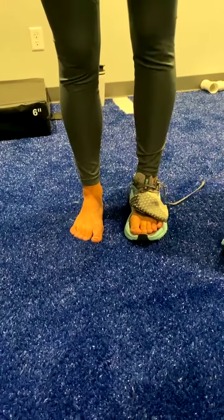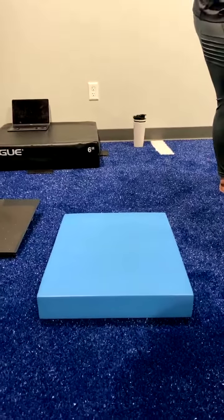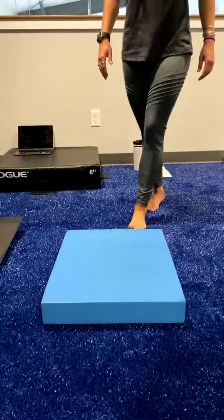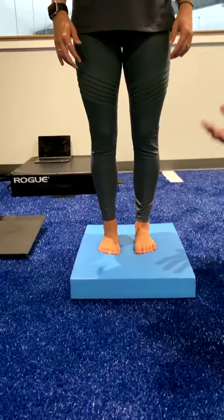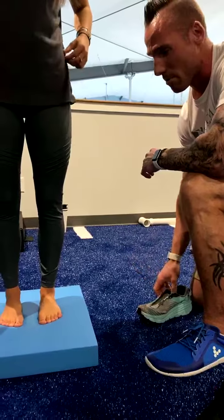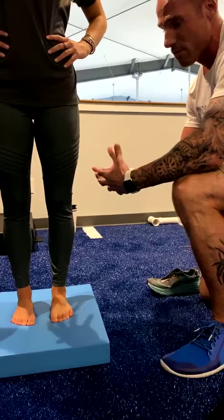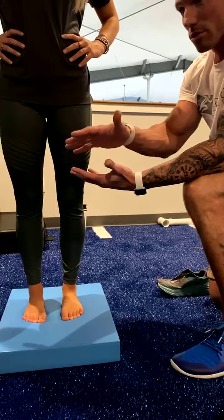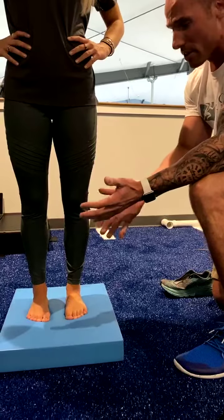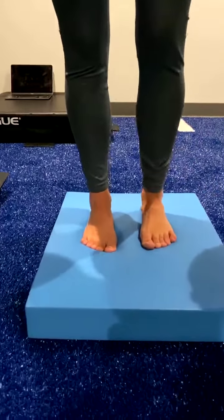The second example I have is, and this is obviously exaggerated, we've got a nice Airex pad here, and we're going to have Hannah stand on this Airex pad. And we have a saying here, and it's a hard foot in soft grounds. All right, so if the ground is soft, that means the foot is hard, meaning it's rigid, okay? And it has to be rigid because now your body's really fighting all these forces from the comfort of the shoe or from the instability of the shoe. It's almost like you're walking on an Airex pad all day. Obviously, it's exaggerated. But you can see that if we have Hannah stand on one leg here for me, good,